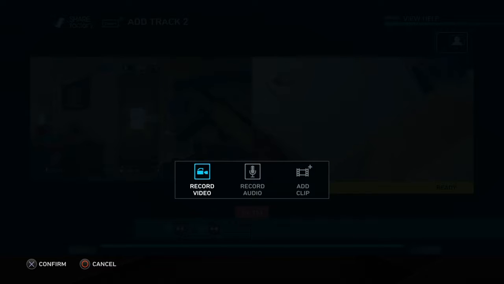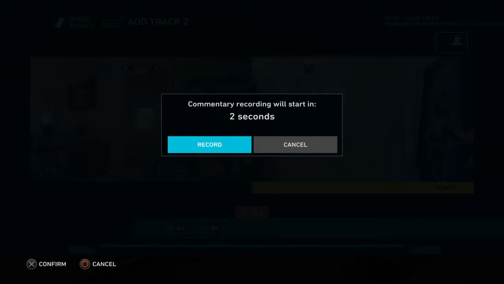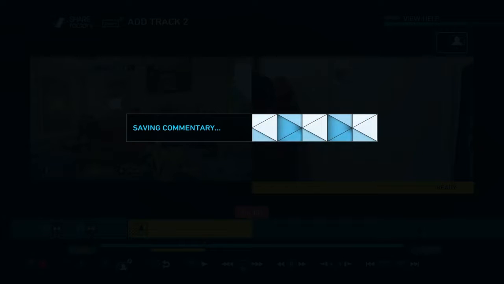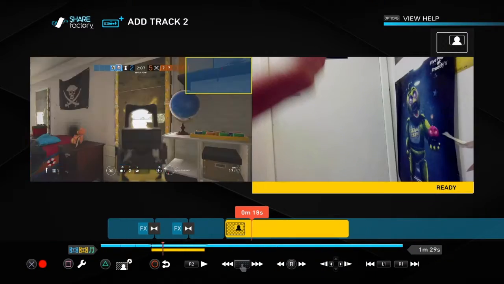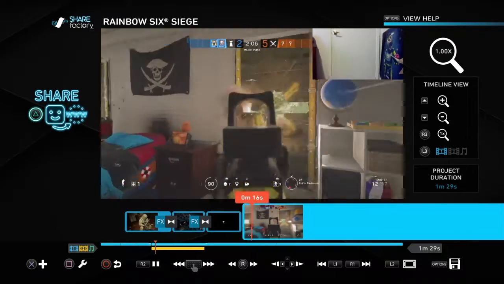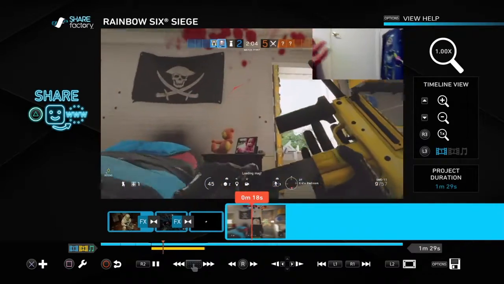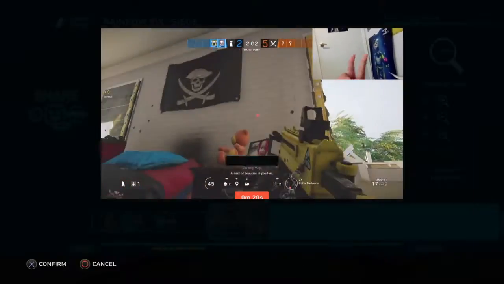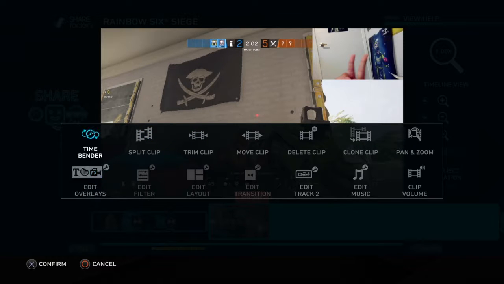It just records video. You can only do this here with a PlayStation camera, obviously. So stop it. There you go. It's slowly. There you go. I'll do something simple, so I'll just put my fingers up like this and say 2. See, look at that. And when we're watching the clip, it starts up top right. It shows the thing right there. There you go. Alright, so to edit it, just come back, press square, and you'll be able to edit